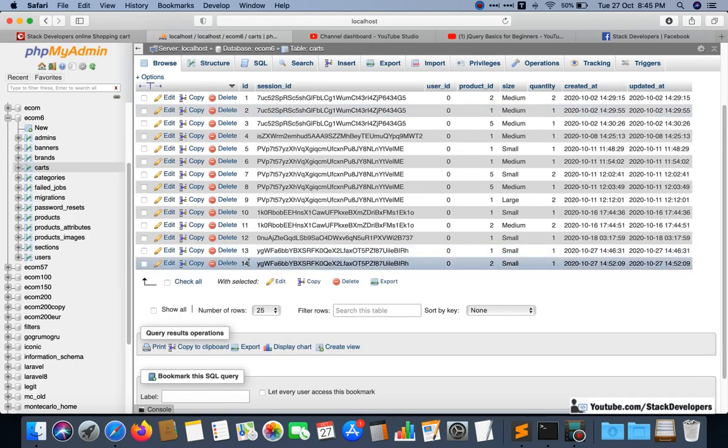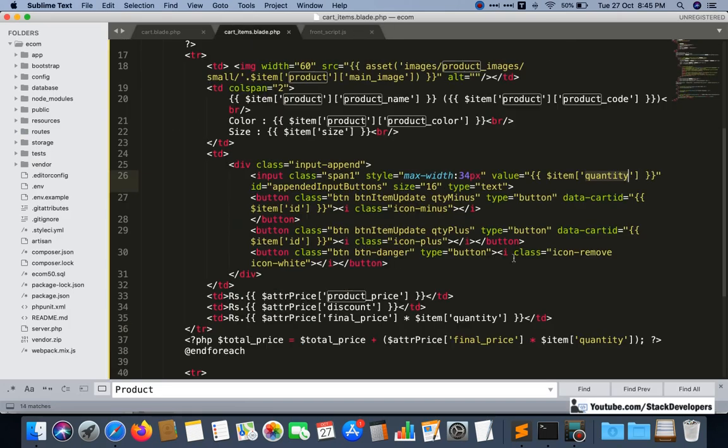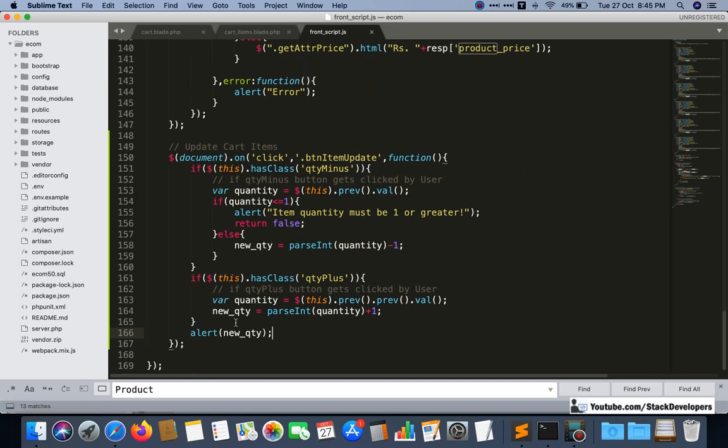With the help of this id we can increment the quantity here, so we also require the cart id. We are sending the cart id from here, this data cart id, and we can get this one too. So after the new quantity, I am going to get the cart id as well.